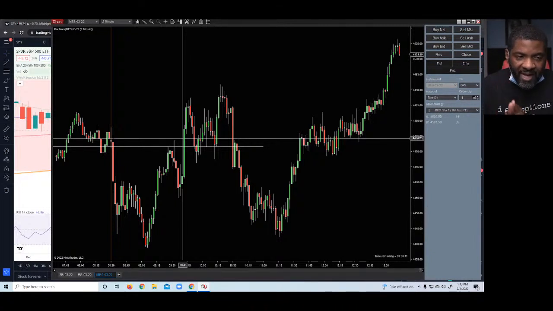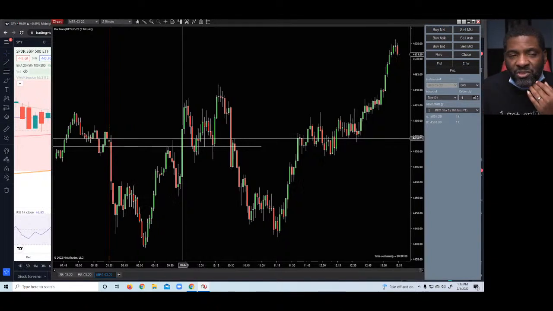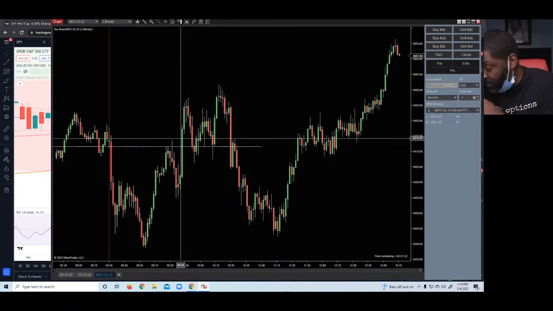With the options, you got all these other things involved in the derivatives, like how much it's worth in time, how much it's worth this. The futures is tick for tick. And with futures, you got to get it right. You got to get the direction right, because if it goes against you, you know what I'm saying? It goes against you immediately. There ain't no leeway when it comes to futures.